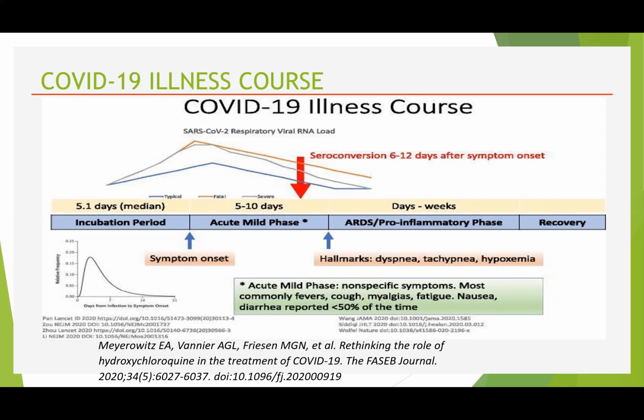What we are doing now is that after 10 days, we are discharging the patient without doing the COVID test also. So that is very dangerous. And post discharge after 10 days, it is very necessary to watch, because those patients may need ICU care. Usually seroconversion will occur 6 to 10 days after symptom onset. That is, after 10 days, the symptoms will rise.